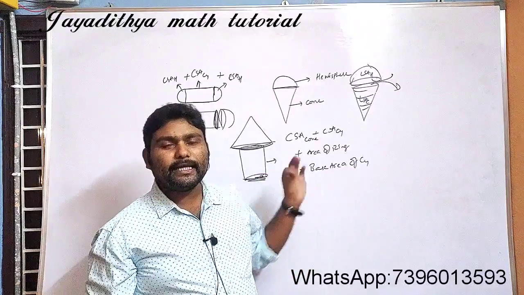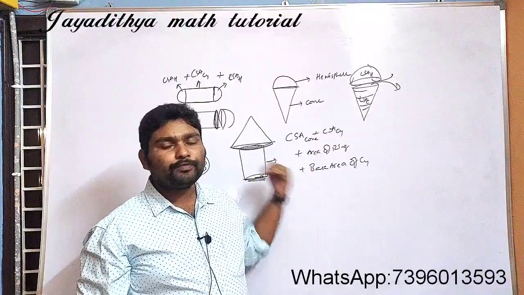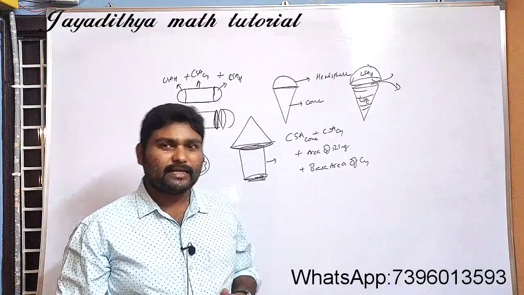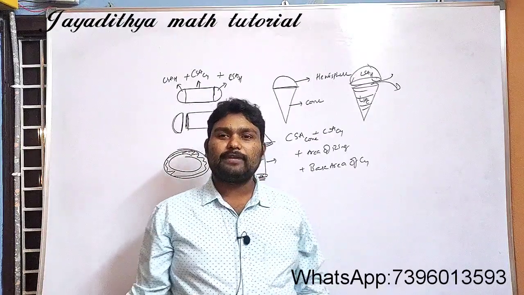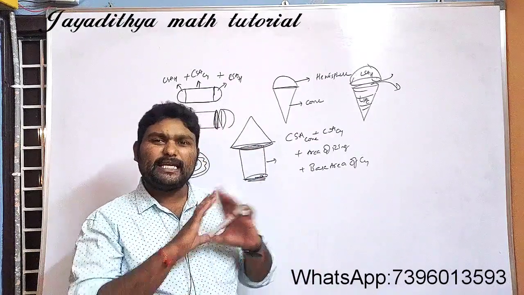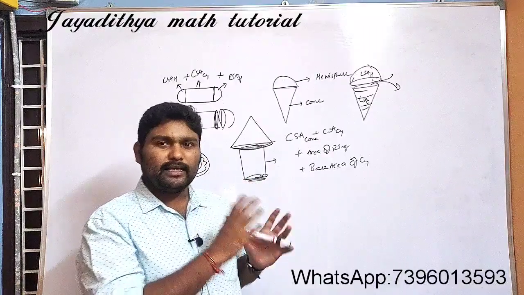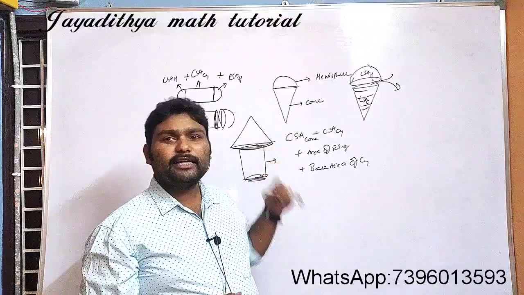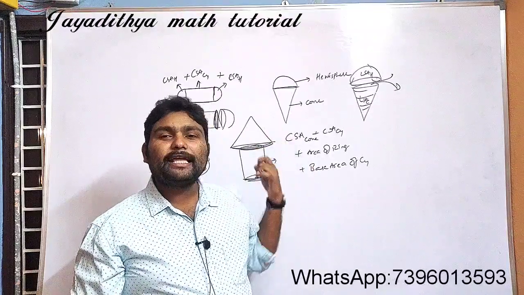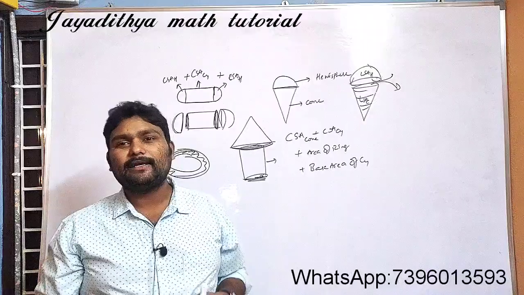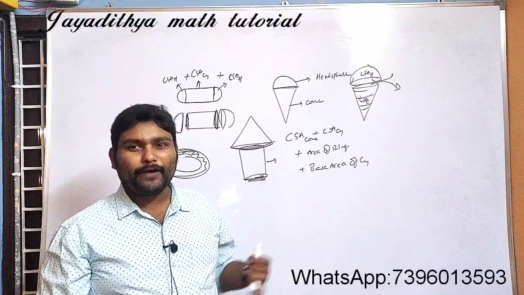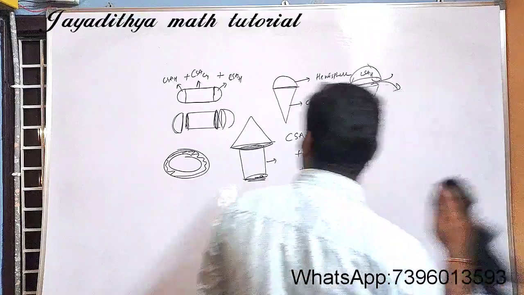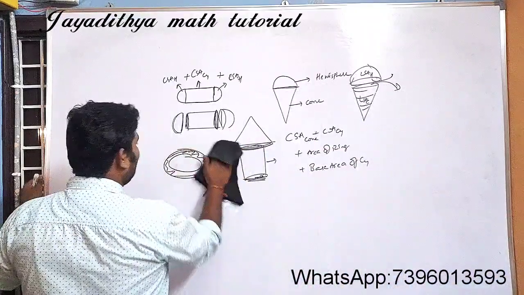I hope you have already learned all the formulae related to all the 3D shapes, whichever I have given in my starting class only. If you don't watch that one, please do watch it. There I have explained each and every figure in a clear manner and what are the terms related to that one. Whenever you are talking about a cone, there you will be having a concept like slant height. How to find slant height, that topic is also explained in my first class of mensuration. If you don't watch that, please do watch it.